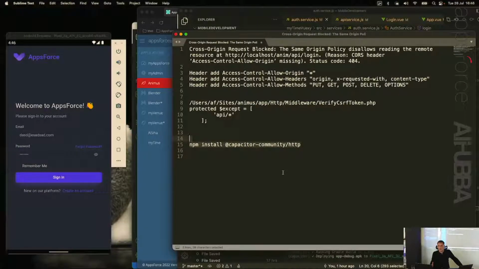Just to repeat one more time: Axios is JavaScript, which runs inside my web view, which is basically a browser, which is the app which then runs on a phone. That is blocked by course. If instead in my JavaScript I type HTTP, because I installed this plugin, I'm actually using capacitor, which then translates that and talks directly to the phone's network, and I do get my headers back,